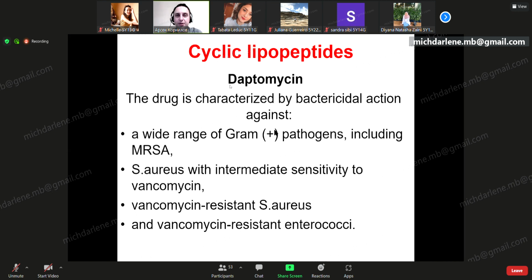Ten years ago, the pharmaceutical market received a new drug class, cyclic lipopeptides, and daptomycin. Daptomycin, in all of your countries, is known as Cubicin. This is the trade name of daptomycin, which is also a broad-spectrum antibiotic, but the main action of this drug is action on MRSA. Yes, so the use of daptomycin is recommended in cases when other drugs traditionally used for MRSA,